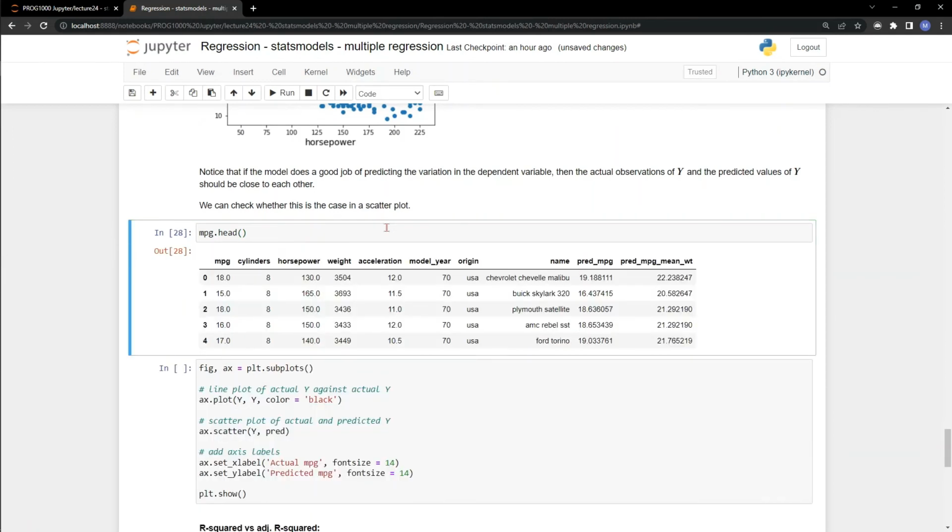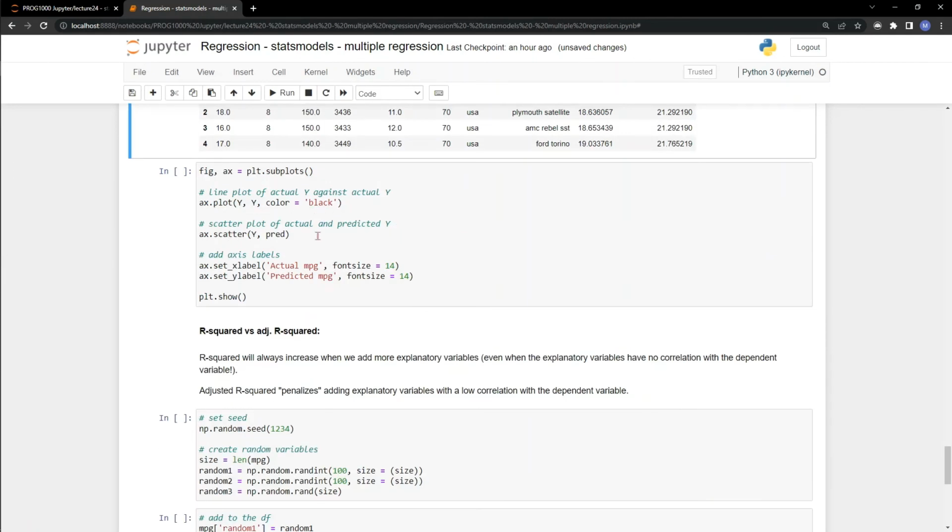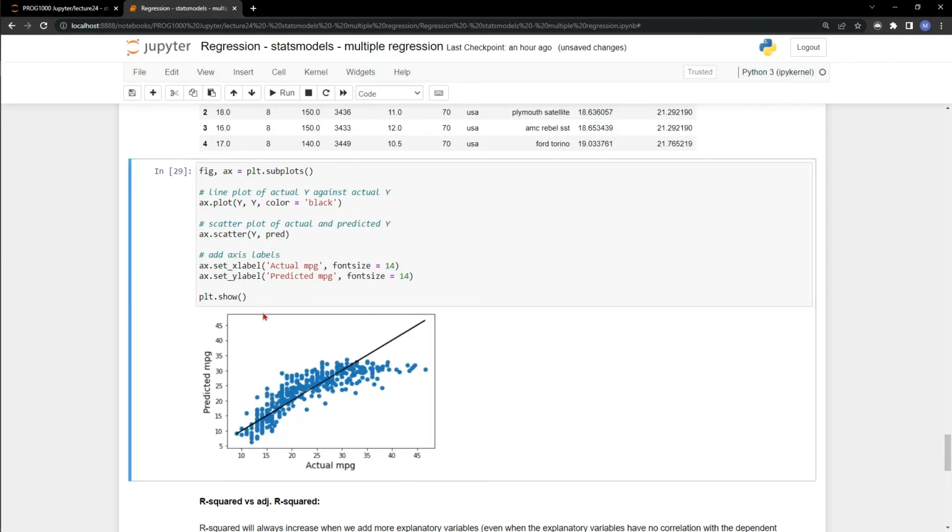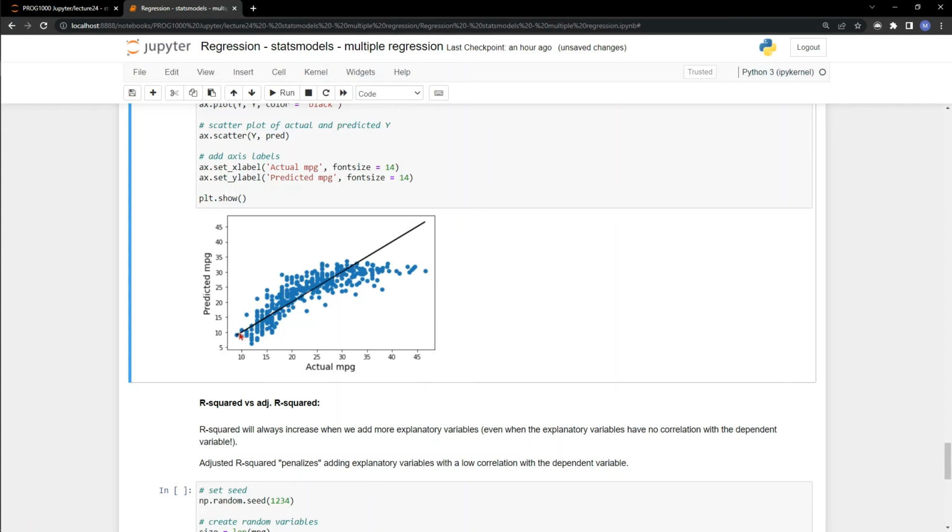So here we can plot the Y variable versus the predicted Y variable. And what we also want to plot is a line of the Y variable versus the Y variable. And we have labels, and what we have here is that if this model was perfect, then